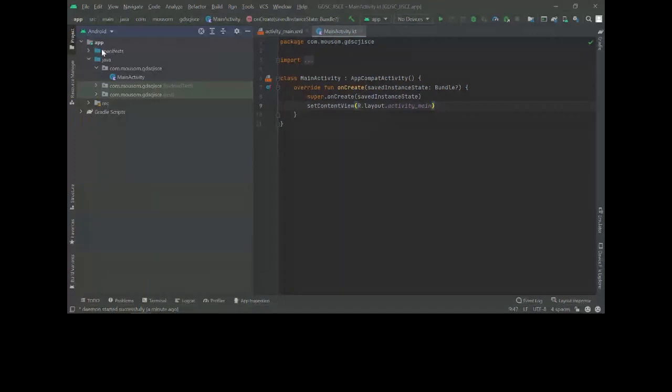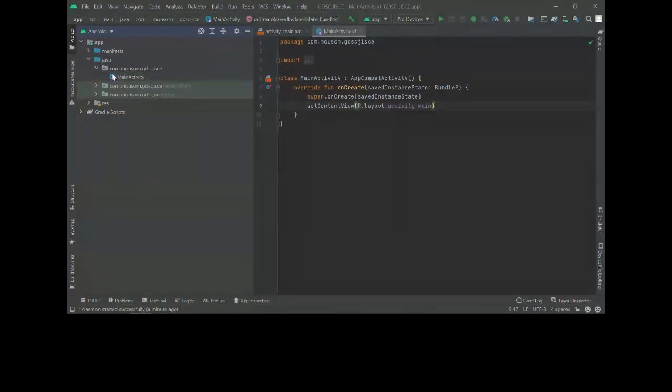There is a folder called Java, and inside that Java folder we have the package name we chose at the time of creation of the project. This will be unique for all.